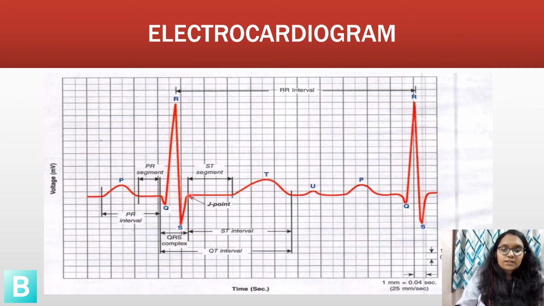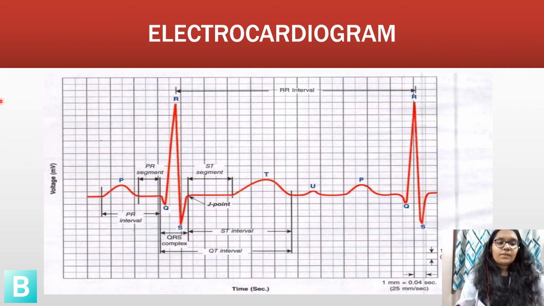Following the QRS complex, there is a long isoelectric period called the ST segment and its duration is 0.04 to 0.08 second, which measures the time from end of ventricular depolarization to the start of its repolarization. Coming to the intervals, PR interval is from the beginning of the P wave to the beginning of R wave. It represents atrial depolarization plus the conduction time of bundle of His. Normal duration is 0.12 to 0.16 second.